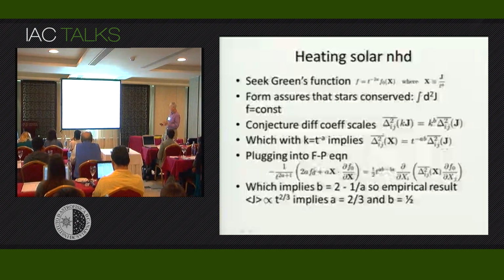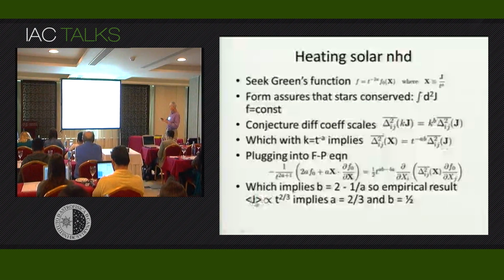Stuff all these hypotheses into the Fokker-Planck equation, and what do we have? After a bit of cleaning up, we have this. And we want this equation to hold at all times. This is precisely analogous to what you do when you derive the Green's function of the ordinary diffusion equation. Basically, what we want to do is get rid of all mention of time, so we're left with an equation that involves x only, which will describe the shape of the function f naught. Well, the powers of time, here is the time dependence on this side, and there is the time dependence on that side. They have to agree, and they will agree if and only if b is 2 minus 1 over a.